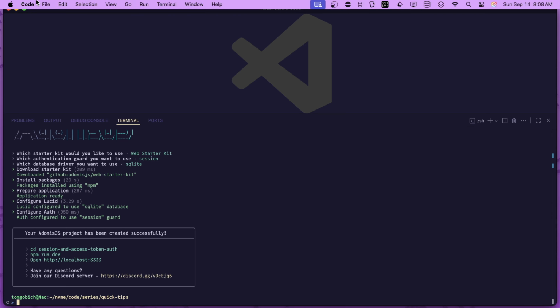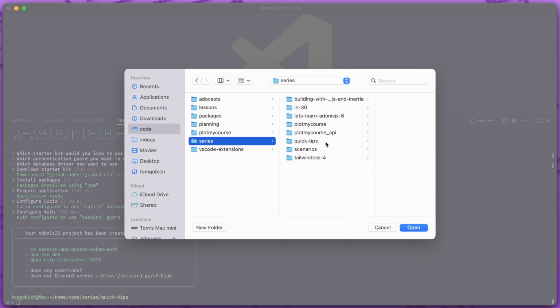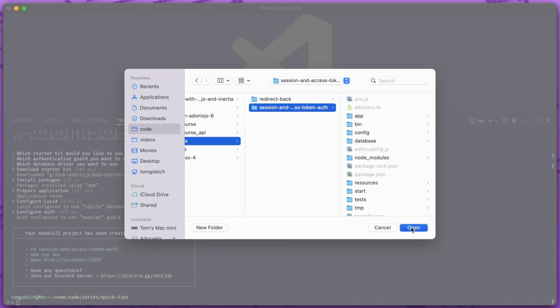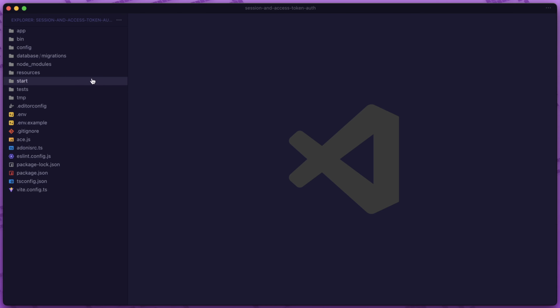Perfect. We are all set up. So I'm just going to go ahead and open this up. So open folder, code, series, quick tips, session and access token auth. There we go. Okay. So the first thing that we're going to want to do is jump into our database